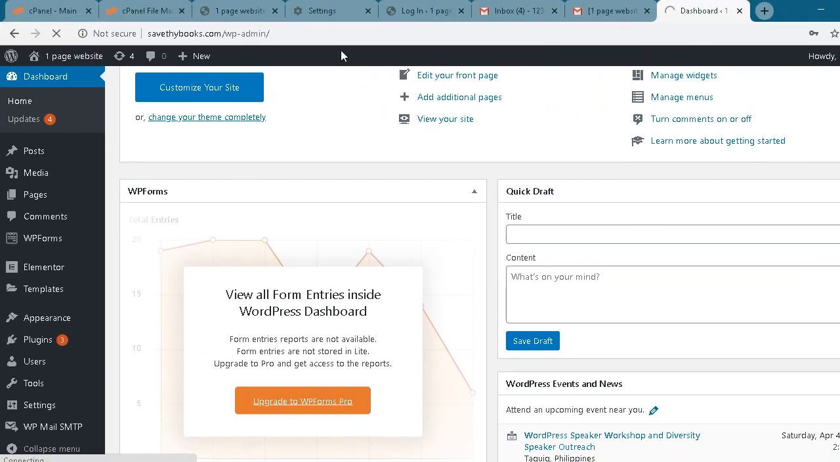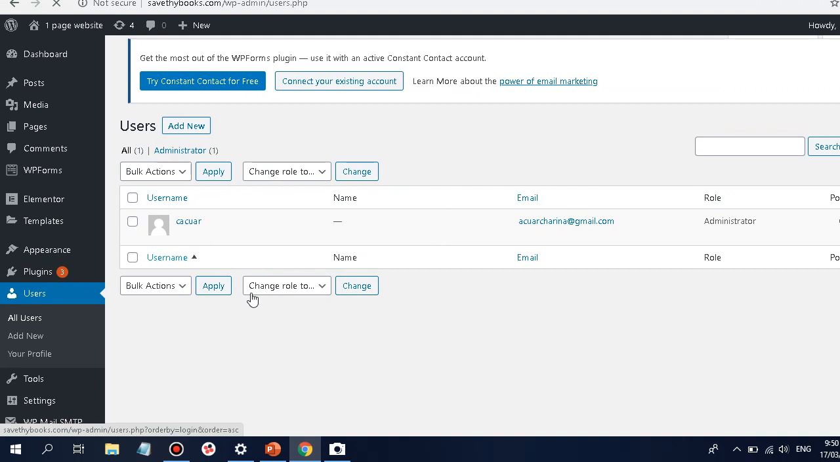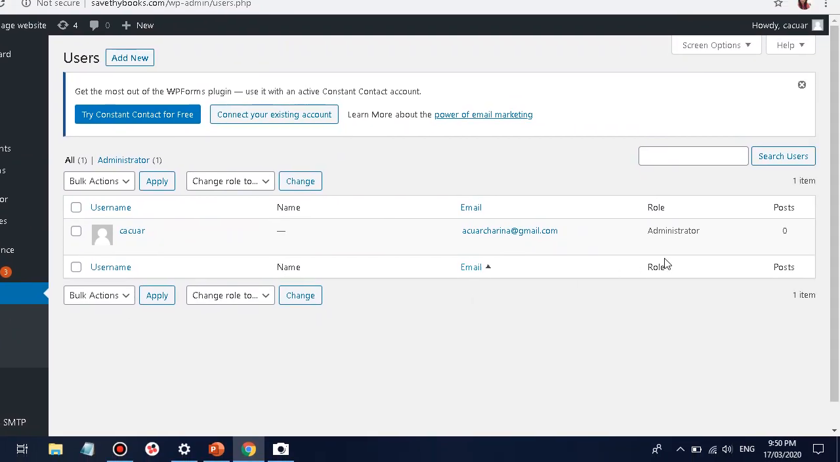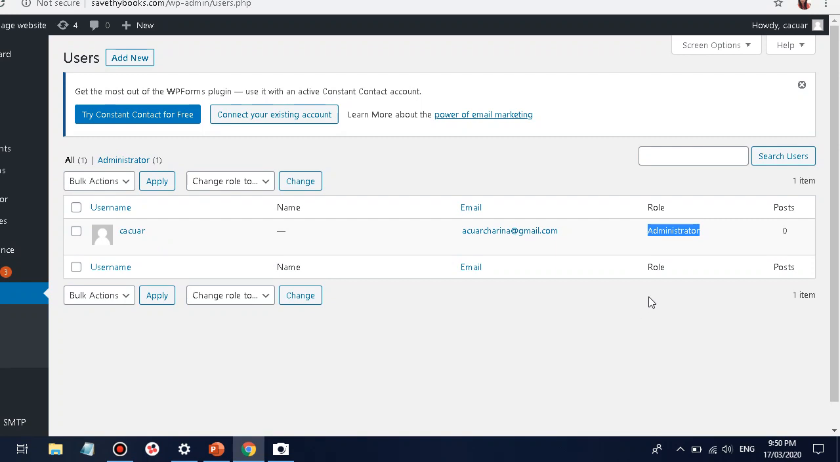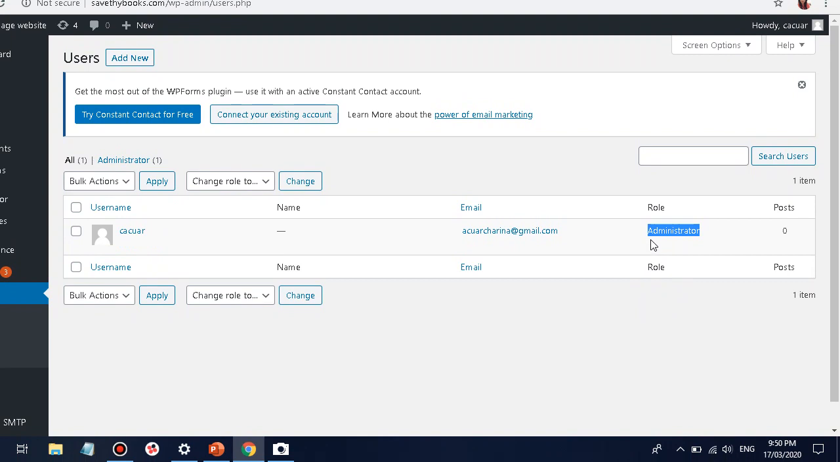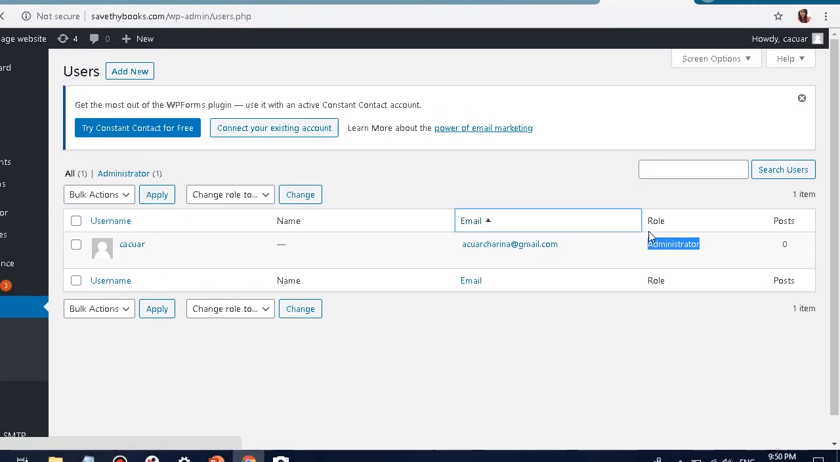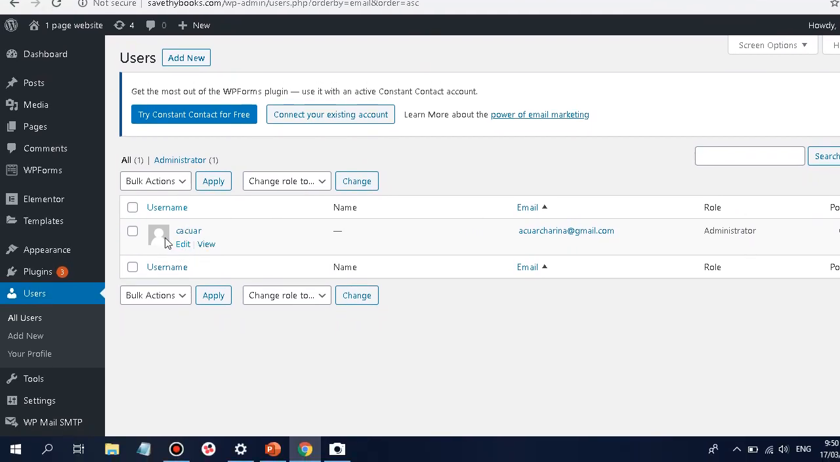Once you click on all users, it will load up all of the users that you have right here. If you can see a lot of users, determine the role of that user, if it's an admin or not, if it's a subscriber or not. If it's a subscriber role, that means that they subscribe to your page. So I would suggest to not delete those. Just focus on the role that says